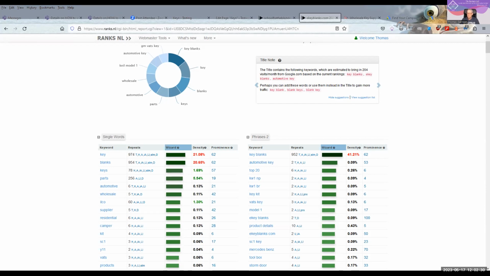Sue Ellen, go ahead. Does this keyword content count include things like your header and footer, or is it just the page content in WordPress? If there's text on the page, it counts. So the footer, if you just have the name of the business or a keyword in your footer, again, that's going to be part of the count. And the keyword terms are also in the meta description, so that counts.